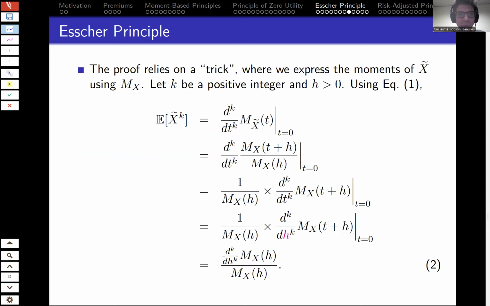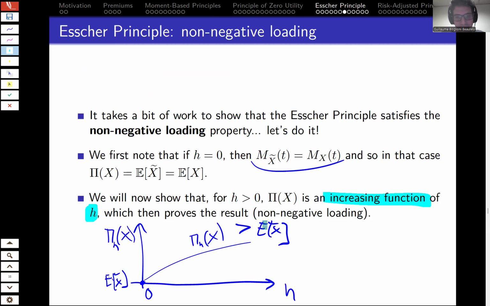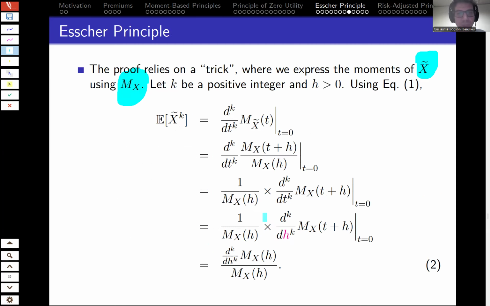What we do is we will express the moments of x tilde using mx, and after that we will see that because here, under the assumption that we know the random variable x, if we have expressed the moments of x tilde as a function of mx, we'll be able to show that E of x tilde is an increasing function of h. But first things first,